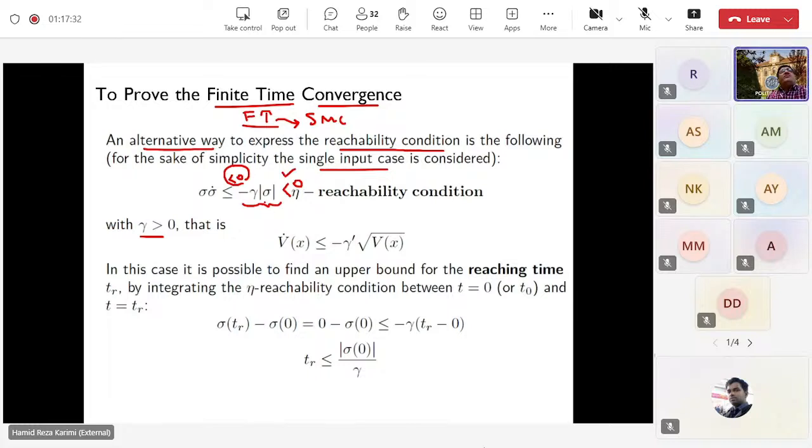If you want to satisfy this condition, it means that v dot x should be less than minus gamma prime times the square root of vx. Because you know that vx was half of sigma x squared. And from here you know that the sigma x becomes